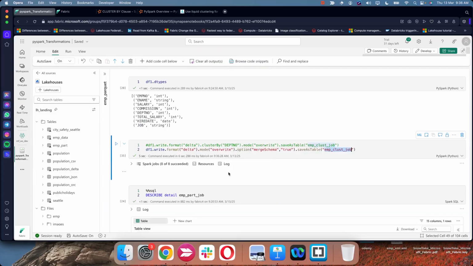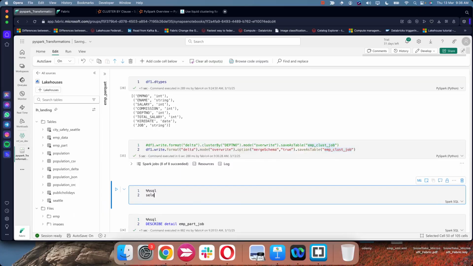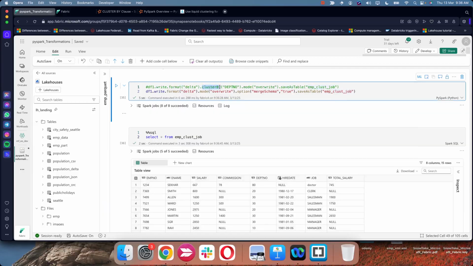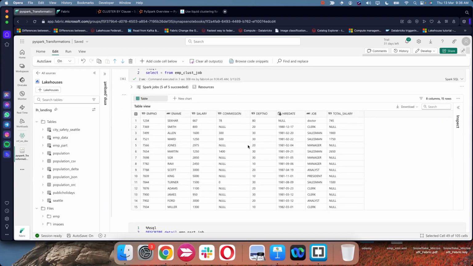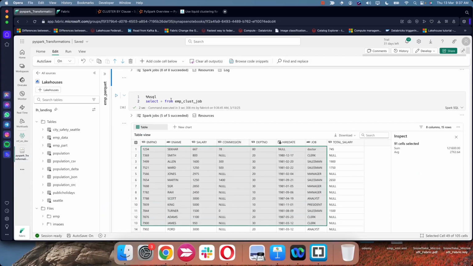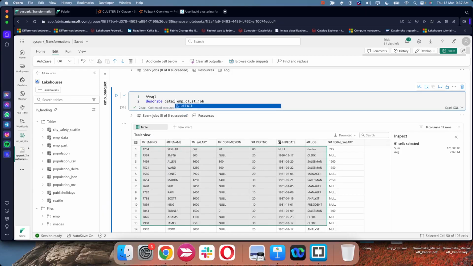Now let's go and query the table. So cluster by in PySpark is not available, but in SQL it is available. Maybe it will be available in future versions in Fabric, but at the Spark level it is available. So now we see the table, and now whenever we go and verify, describe detail, describe detail,